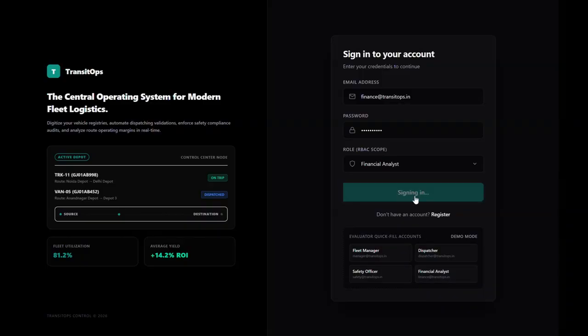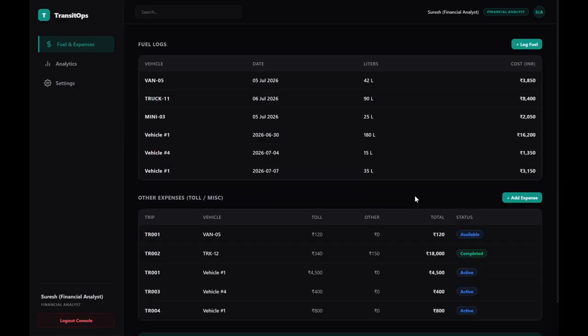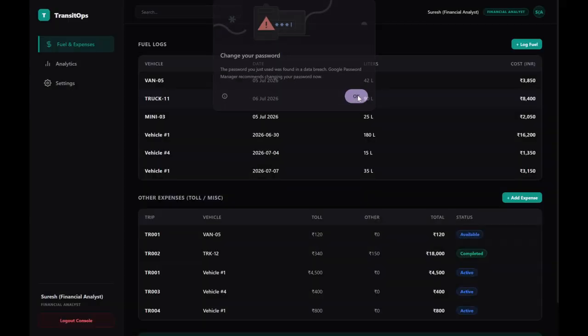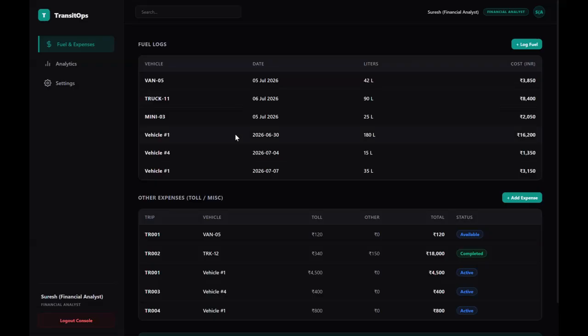Okay, the final role is the financial analyst. We are going to see how finance is associated with each road trip and the driver. This consists of two sections, fuel expenses and analytics. The fuel log has the following entries, like truck 05, truck 11, mini 03, vehicles listed so far, and it also mentions the liters of fuel they have utilized till now. Then also the date of the travel,